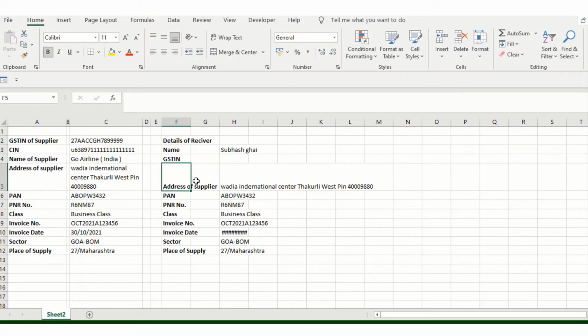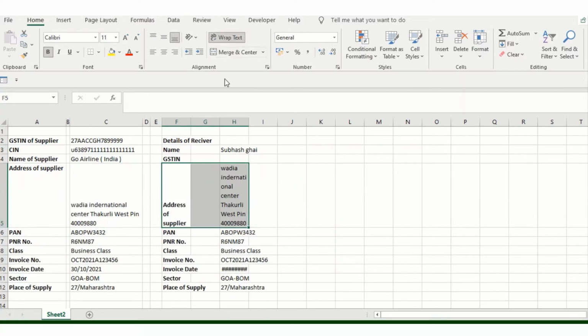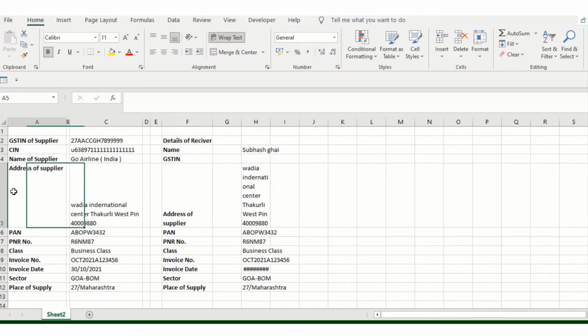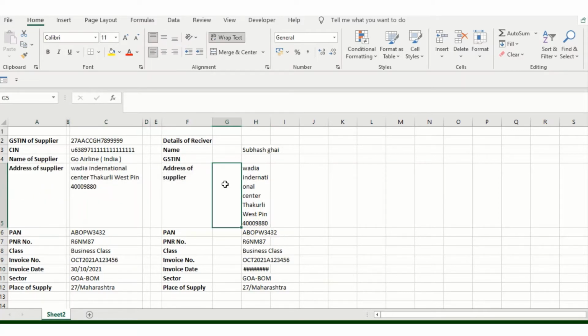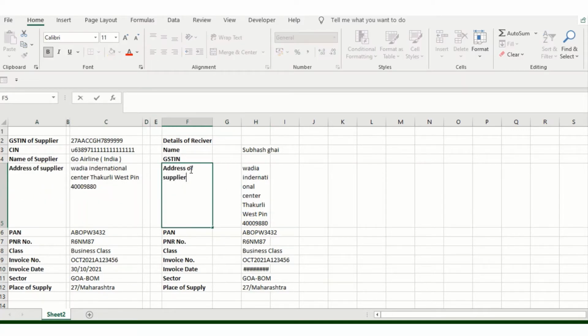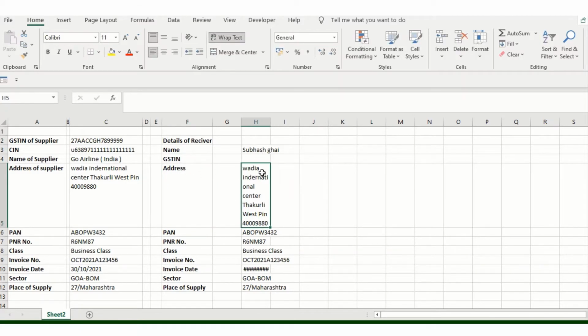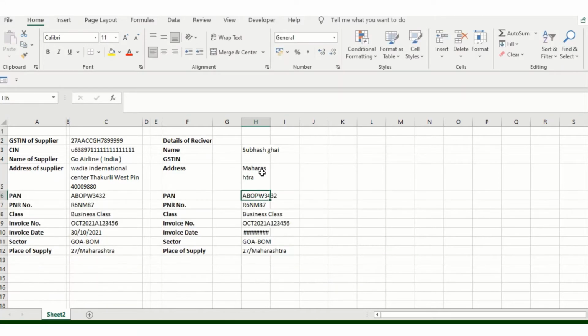And then address, I would recommend don't put the customer's address directly, just keep it as address, that's it, and that will help. Then just add the state, Maharashtra.